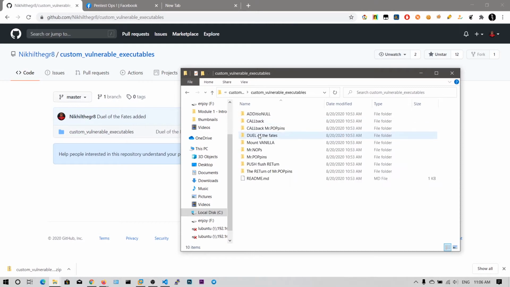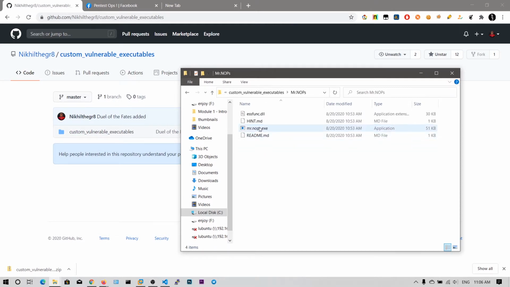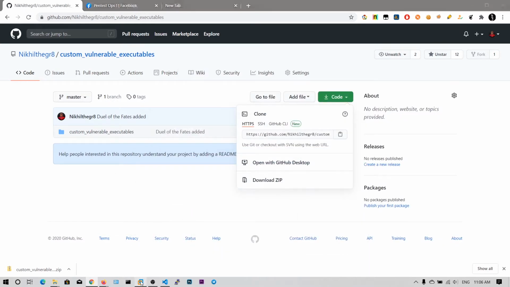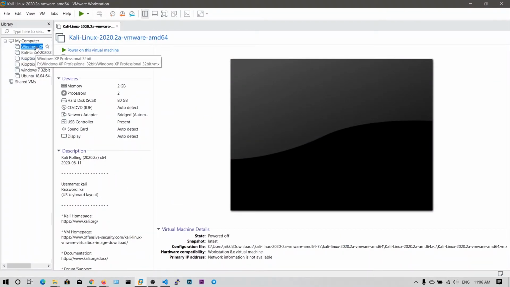Now I'm going to copy those two files, the exe file and the dll file. Okay, let me put it like that. Now I'm going to start my Windows XP virtual machine.